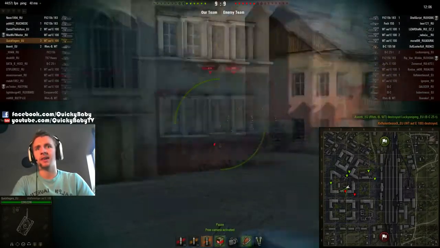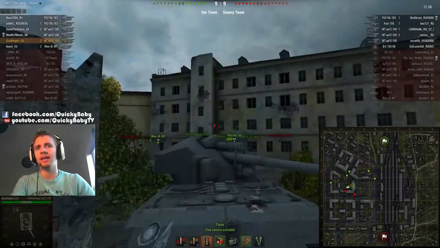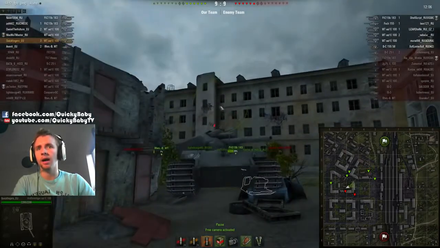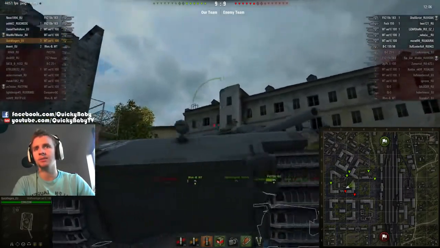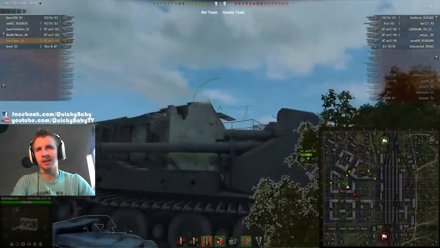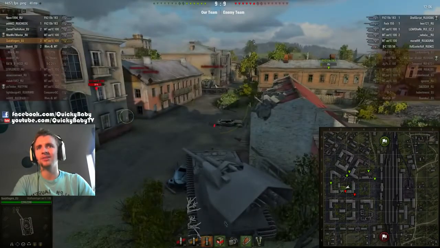Let's just pause it for a sec here. I bounced 2 of his shells that he fired at my upper plate, thinking very incorrectly that the Waffentrager has no hull armor. Its hull armor is fantastic. Its hull armor is an E100. Frontally, it's the same as an E100 Jagdpanzer. And at the back, it's the same as an E100 Jagdpanzer. The side is the same. Do not fire at the upper plate of the Waffentrager, or as you will see, as this guy just gets